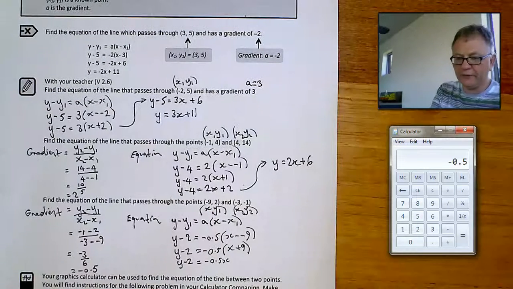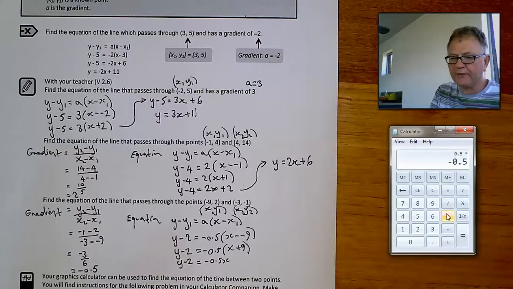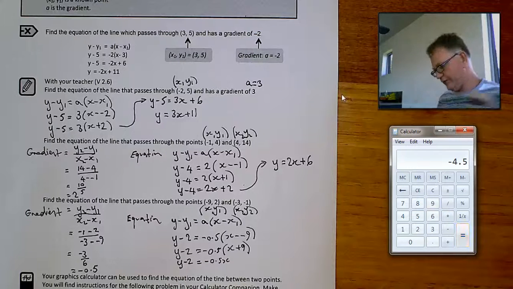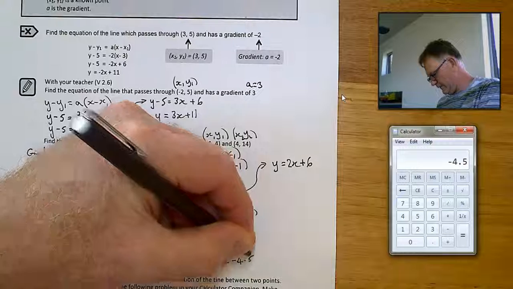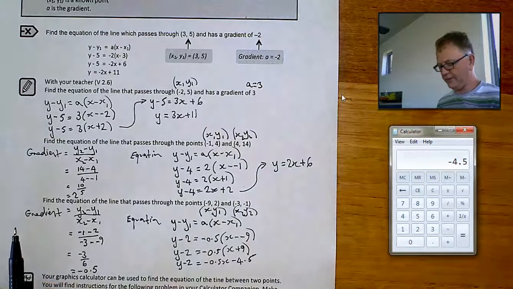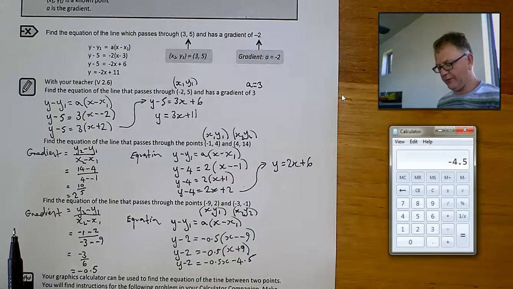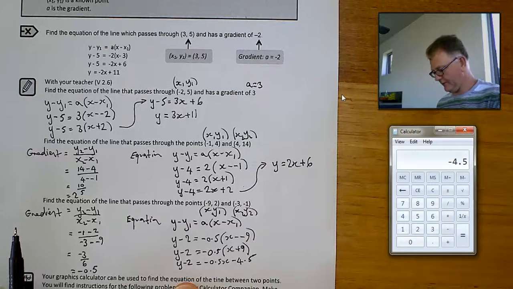It might be a good idea, oh, it's already on my calculator there, so I can times it by 9 equals negative 4.5. And we're nearly there. I just want my final equation in the form y equals ax plus b. I've got y minus 2. If I add 2 to both sides of the equation, I will get